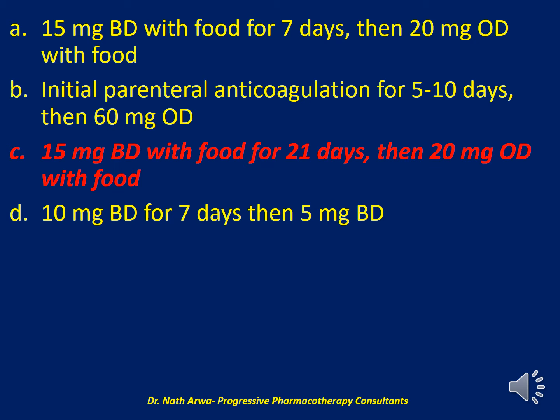And then the other options were just to confuse you. I'd just like to say that Apixaban is the one that is preceded by an initial parenteral anticoagulation, which should be done for 5 to 10 days, which is followed by a 60 milligram dose. And then it's Apixaban that is dosed at 10 milligrams BD for 7 days, followed by 5 milligrams BD. Those two are just meant to confuse you. Let's move to the next question,